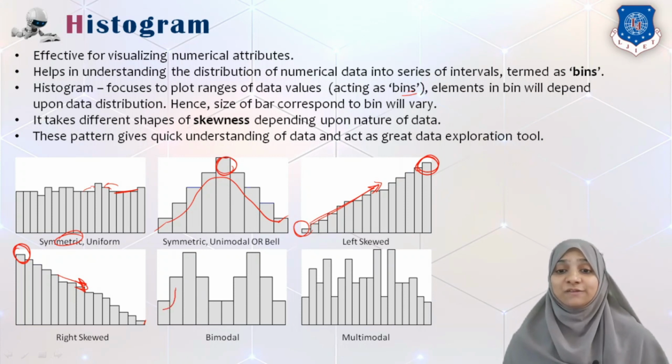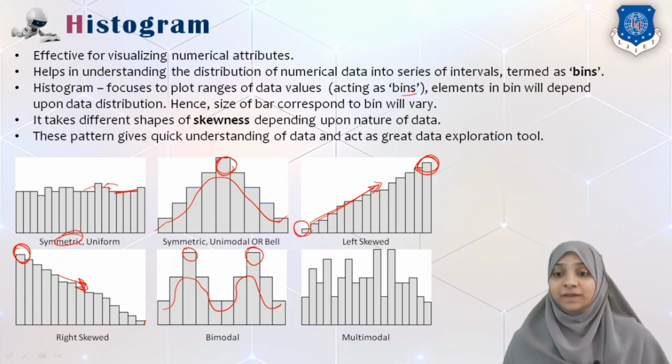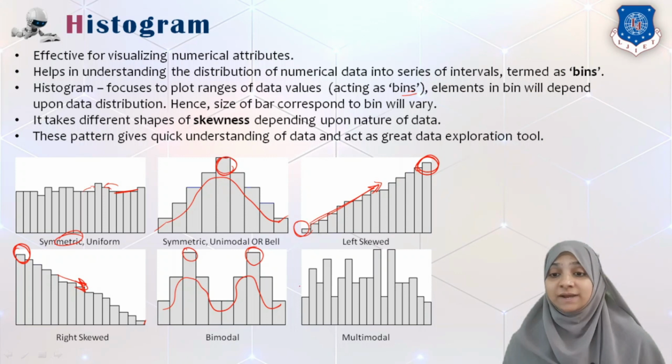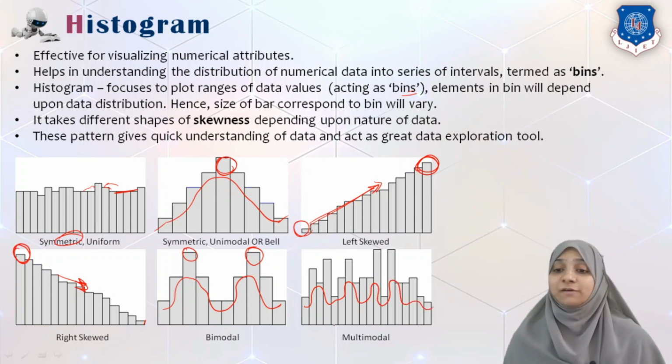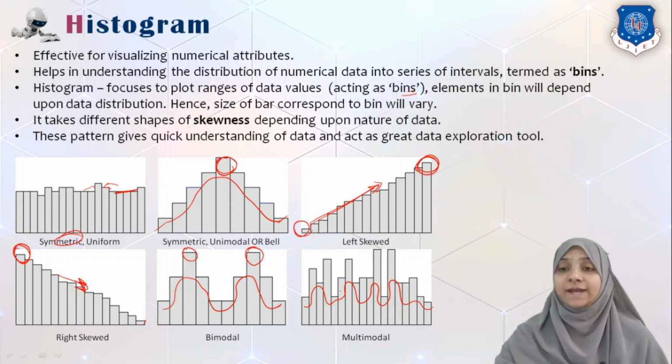A bimodal distribution basically has two bells, where we have the highest distribution of data at two different peaks. If peaks are more than one, we can say it is multi-modal data. That means we can have more than one mode in a given data. This is my first mode, second mode, third mode, and fourth mode. So this is multi-modal data. Histogram as well as box plot will give us meaningful insight into an attribute which is of numerical type.